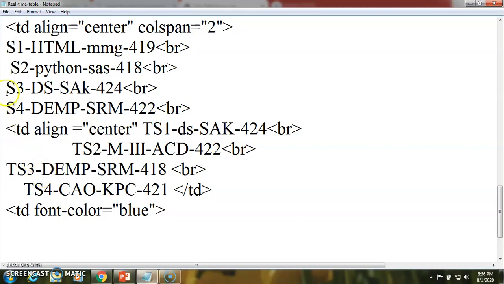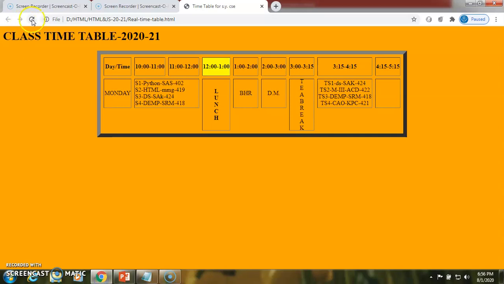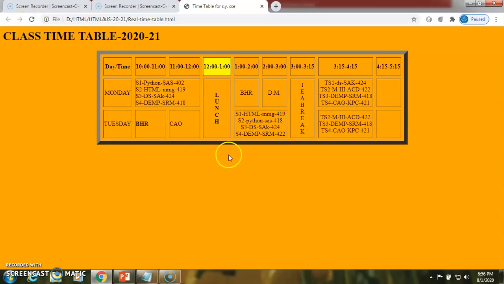So let us see the current modification. It will reflect. So this is the next row added here. Here the first two columns are single cells.